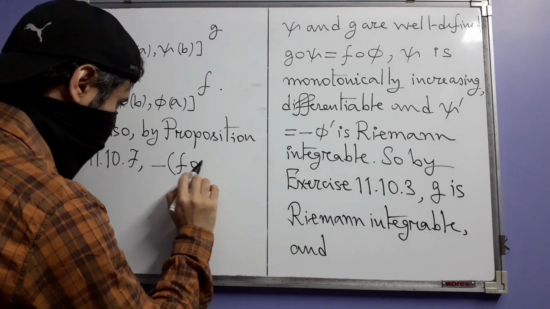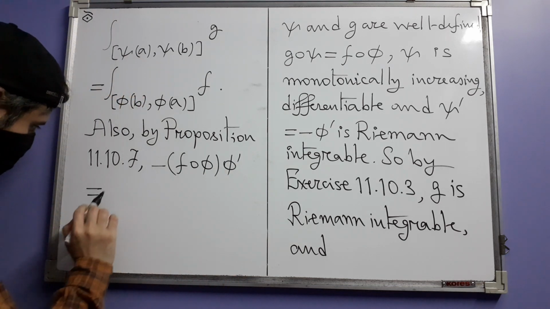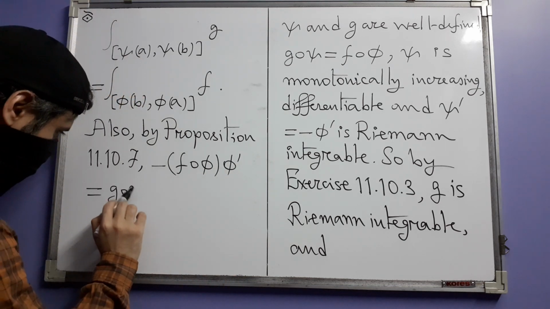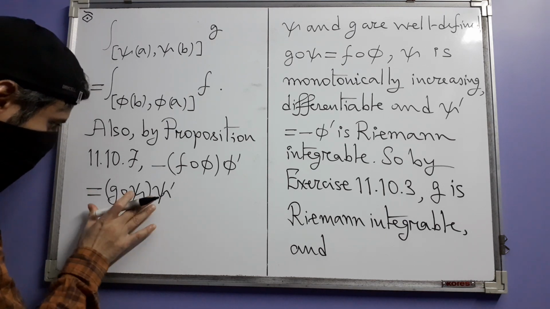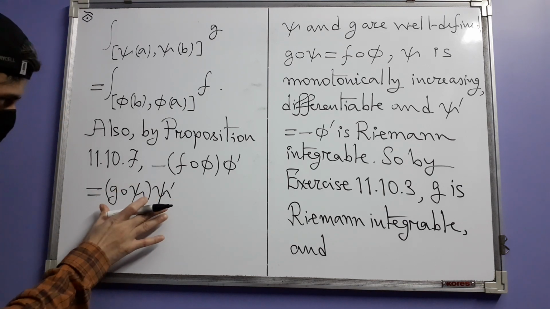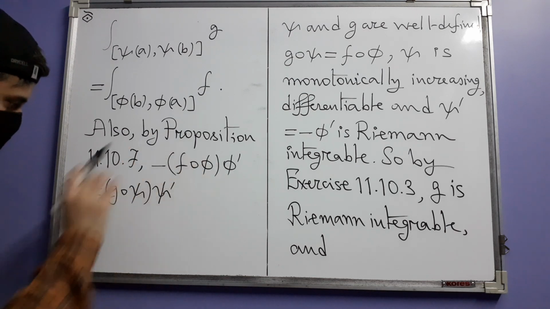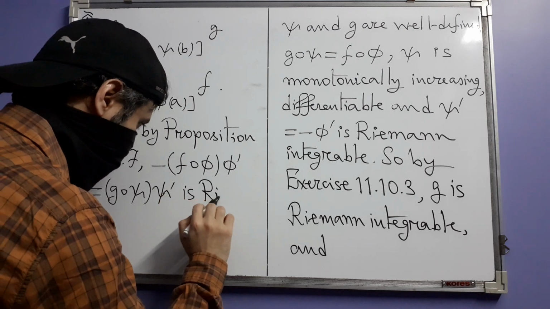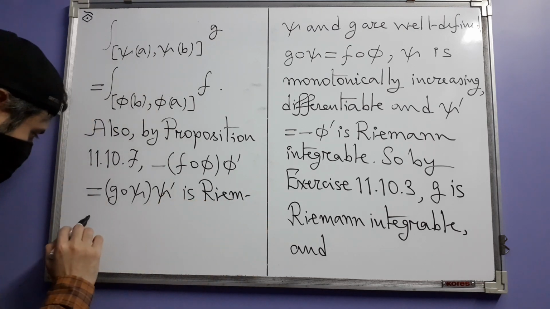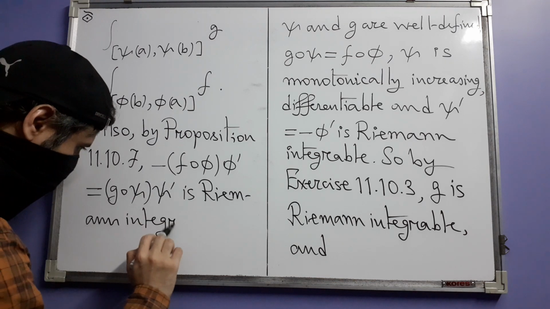Minus f composition phi times phi prime, which equals g composition psi times psi prime. In fact, we are talking about this function. It's just a fact that this is equal to this. This is Riemann integrable,